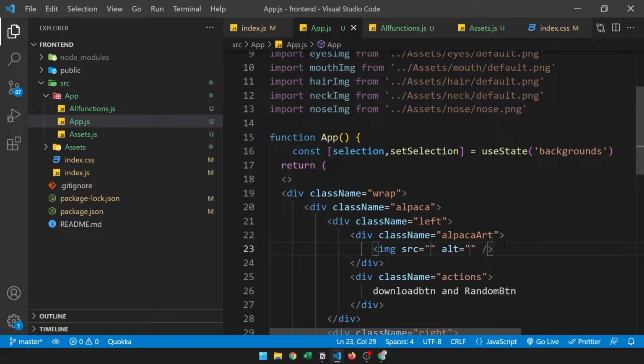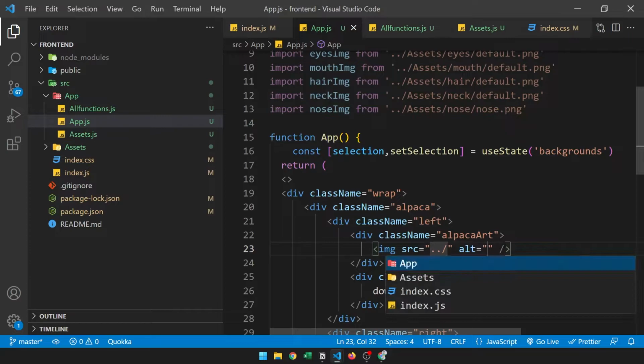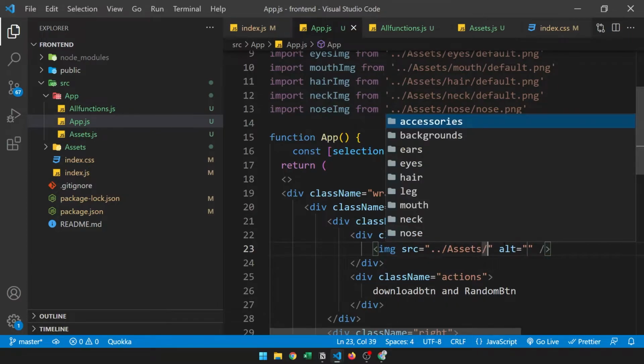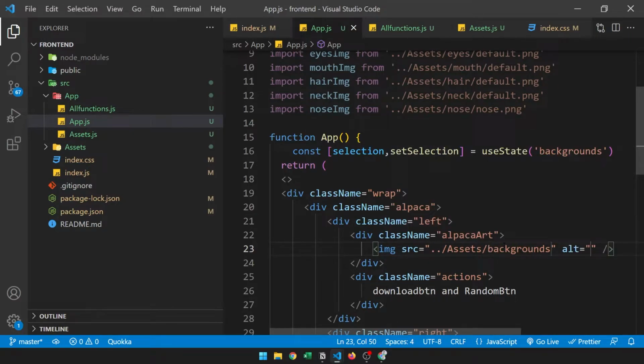For example, here if I try to show the image by giving the location of the image, it wouldn't work. See,